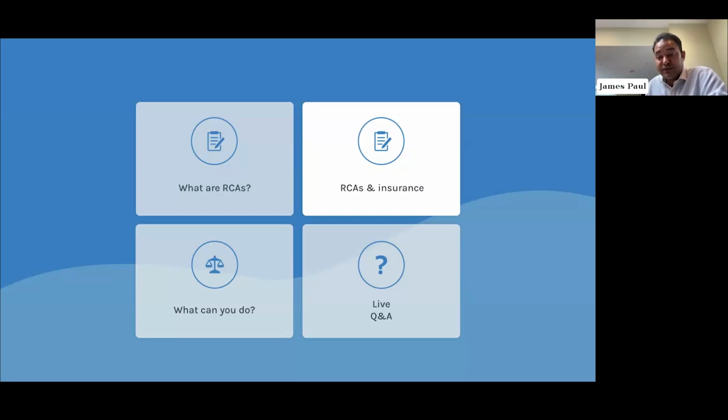So possibly the best example I've ever had of a new build estate that was underinsured was a few years ago. I undertook an RCA on a big, mixed use residential development that went on for acres and acres near Luton. And it was being insured by the people that were running the site as estate managers for about £60 million. We did an RCA on it without knowing what they were insuring it for, and came back with a figure of 101 million. So almost double, a massive increase on their insurance.